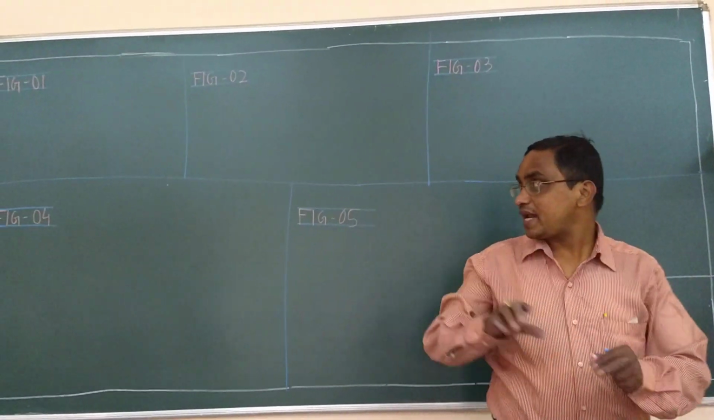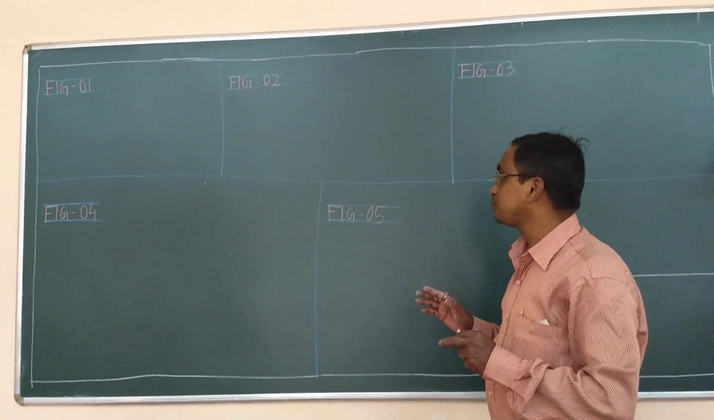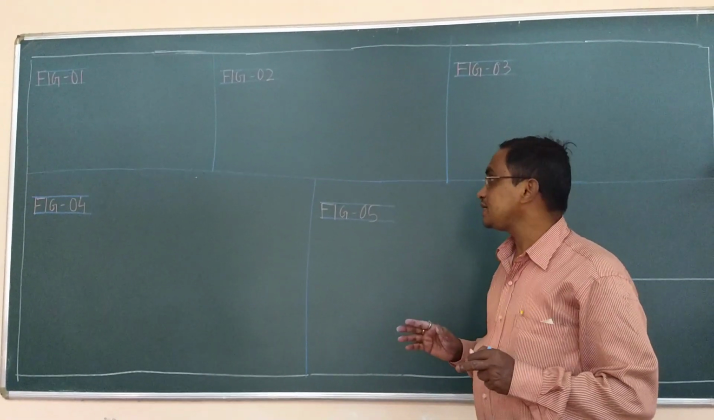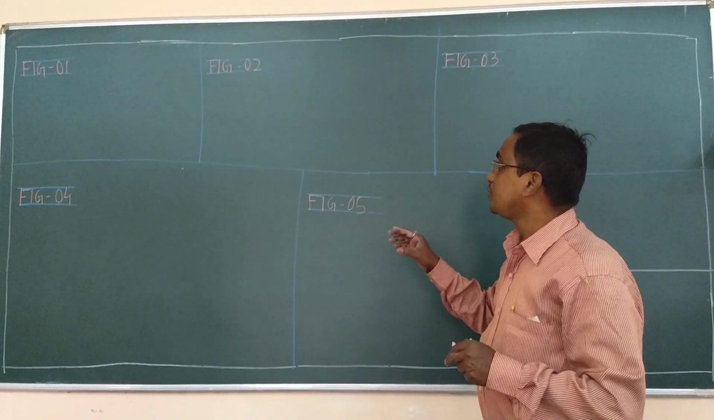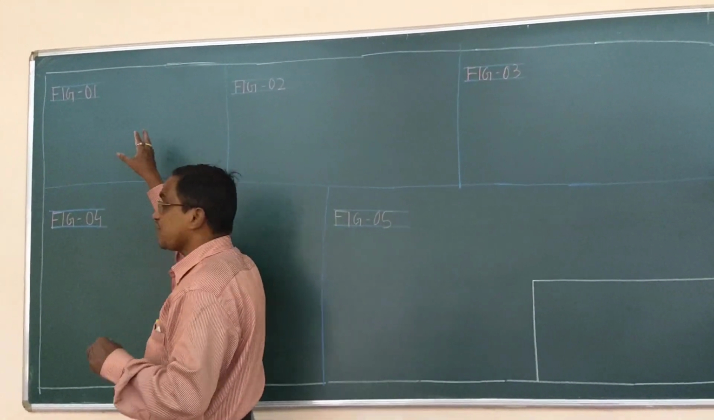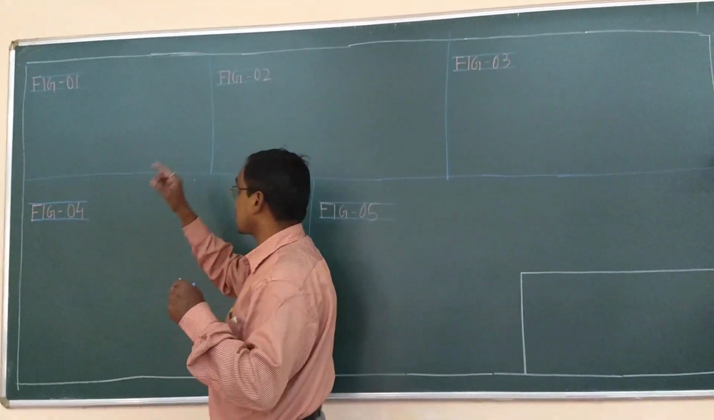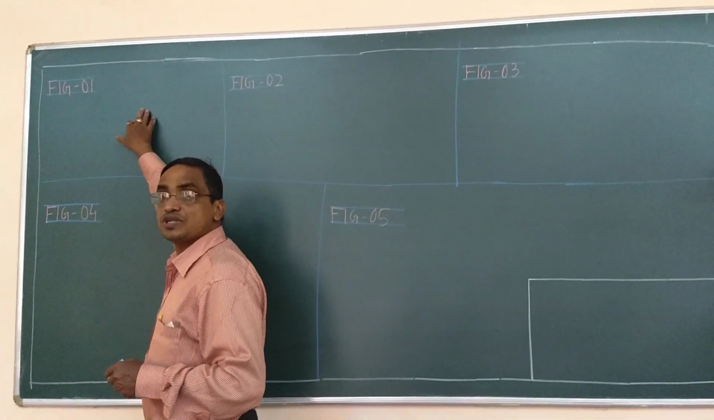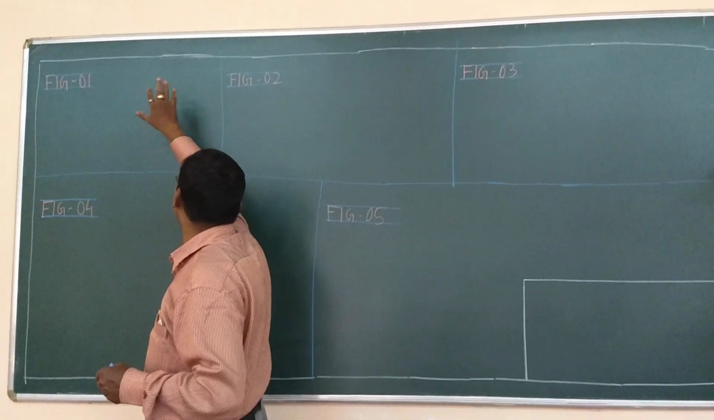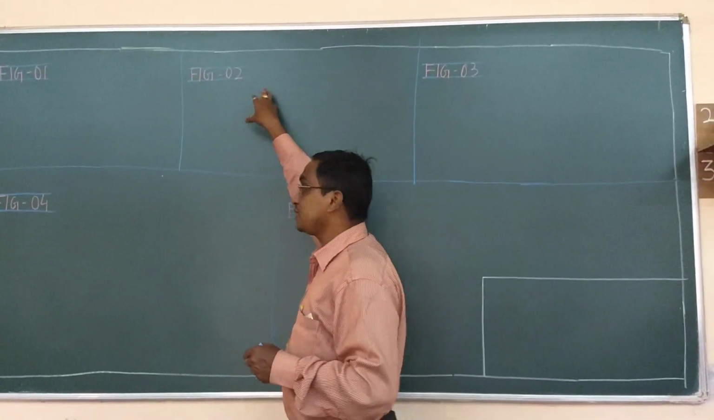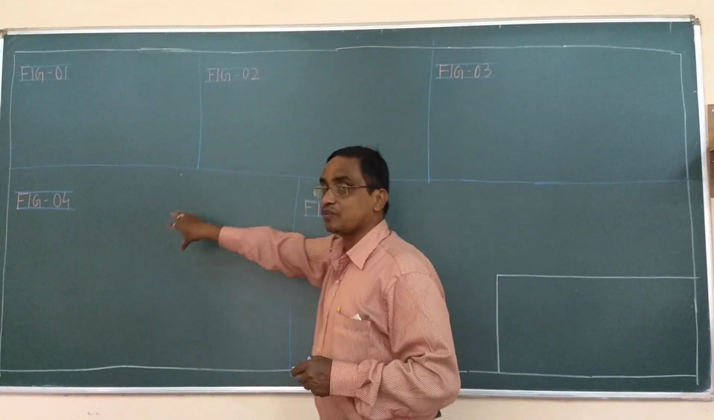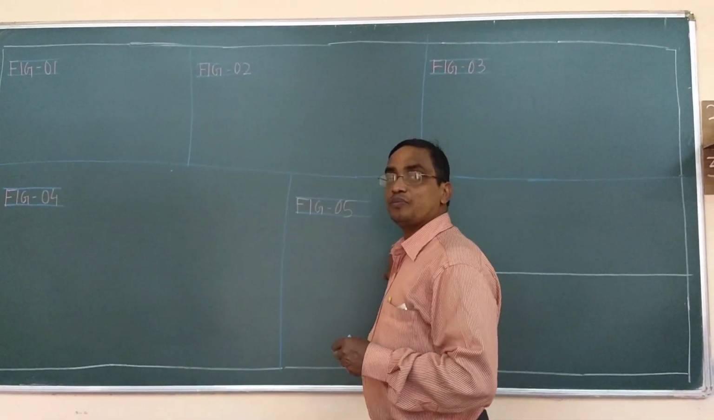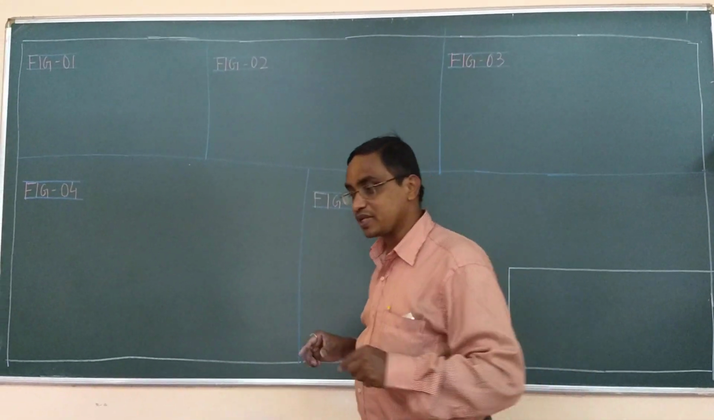So entire drawing sheet is divided into 5 blocks, and you will draw the 5 drawings in different blocks. First figure means first block you will draw the first drawing, and second block second drawing, third block third drawing, fourth block fourth drawing, and fifth block fifth drawing. We will complete 5 drawings in sheet number